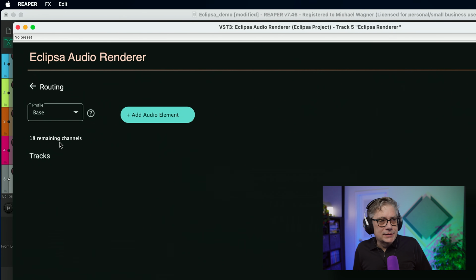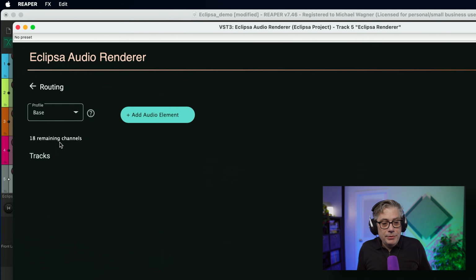of 2 audio elements. Now you might wonder, well, 2 audio elements, that's not really a lot. What can I do with 2 audio elements? That is completely true, but to be perfectly honest, for most applications, that is perfectly fine. What you would normally do with these audio elements, for example, is have an immersive environment in your video, for example if you're doing a 360 video, and then you would have a narration, and that narration would be headlocked. So you could have the three-dimensional ambient environment as one audio element, and then the headlocked narration as a second audio element. And that's actually exactly the way we're going to set that up.